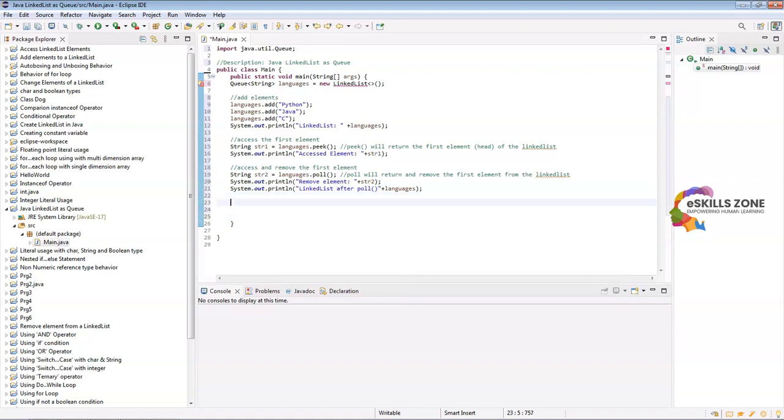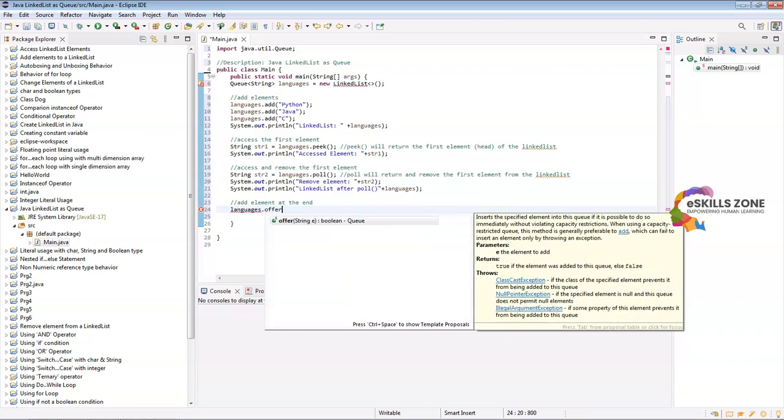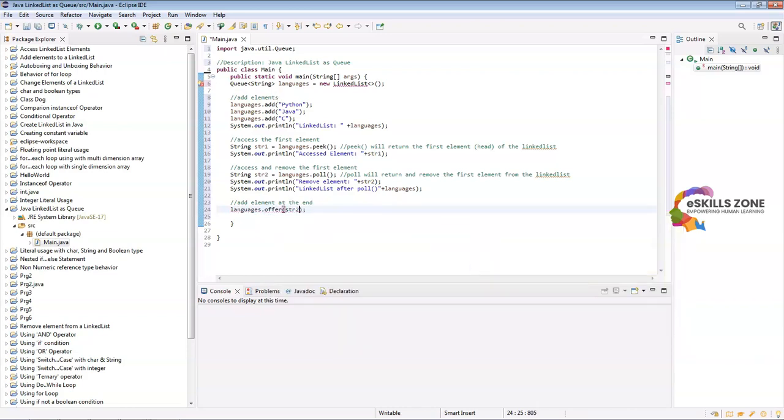Now we will type one more command, and for this we will add an element at the end. So for this we will use the offer method we have discussed in the last video. So here we will type languages.offer, and here we will pass the parameter as Swift,